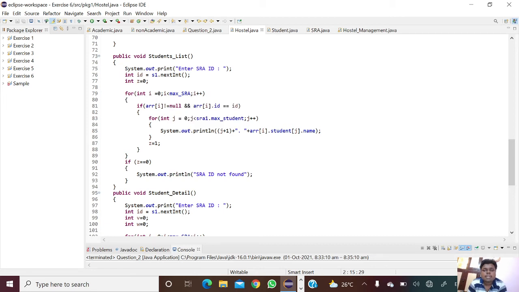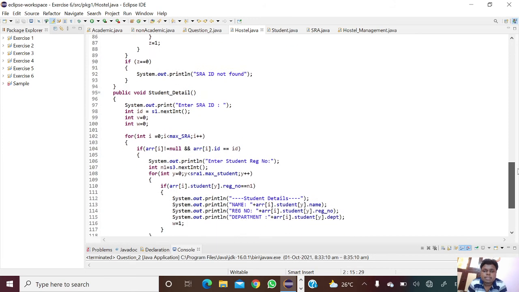And next using an if statement, if array of i not equal to null and array of i.id equal to id. And next using a for loop, for int j equal to 0 and j less than SRA1.maxStudent, j plus plus. Then it will print the student list, otherwise it will print SRA ID is not found.